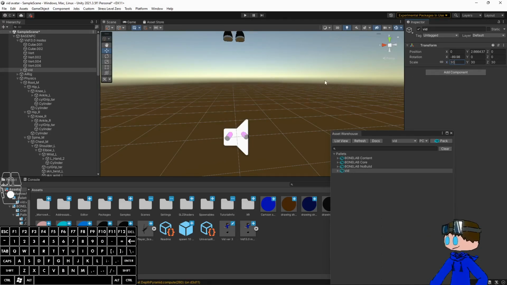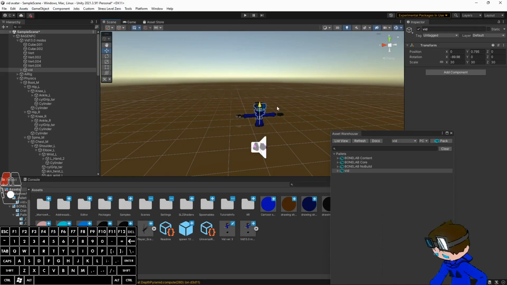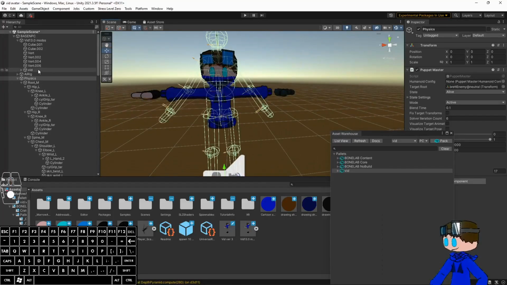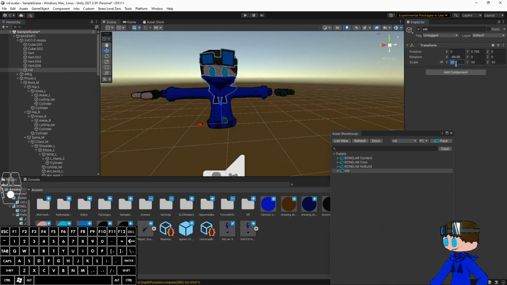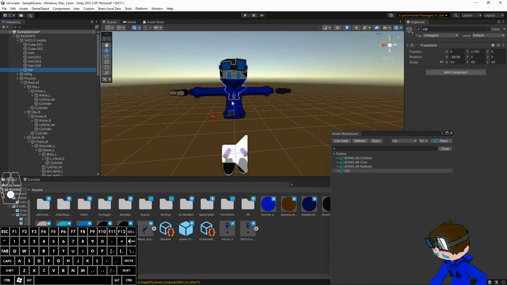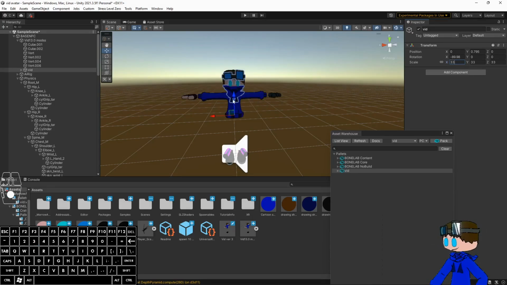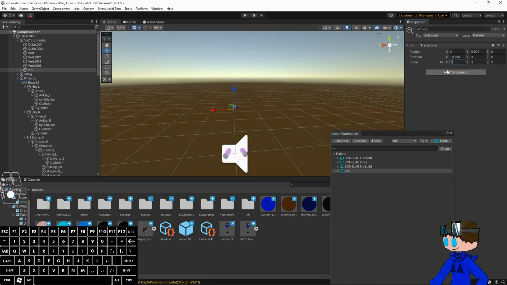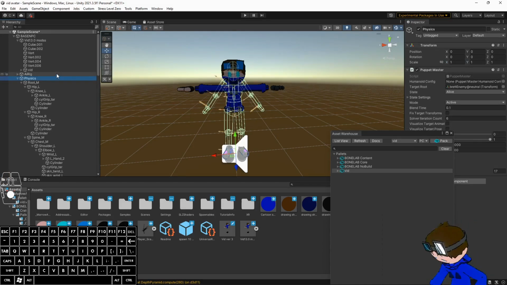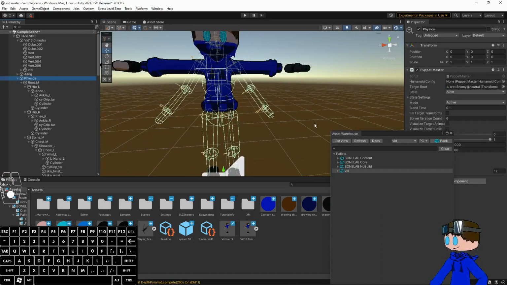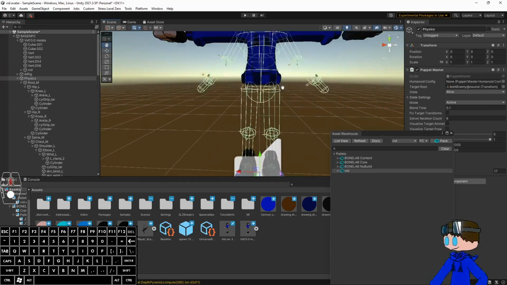Since my character is yay high, we're gonna scale him to be about the size of the physics thing. Once you've got him properly sized, which I don't yet, depending on what NPC you're making,